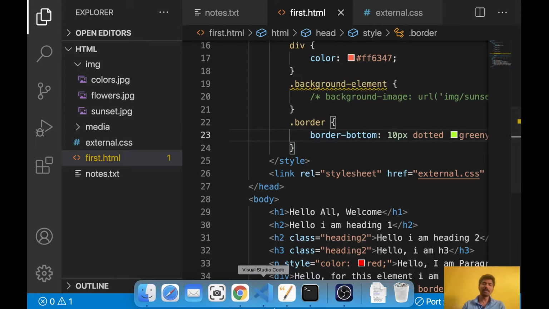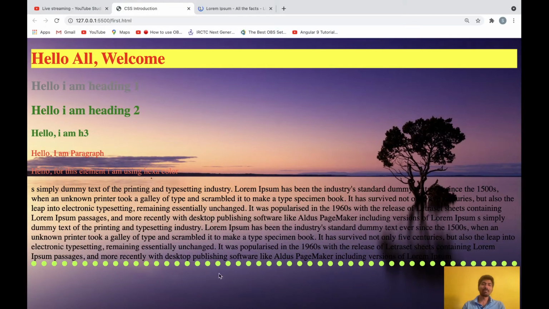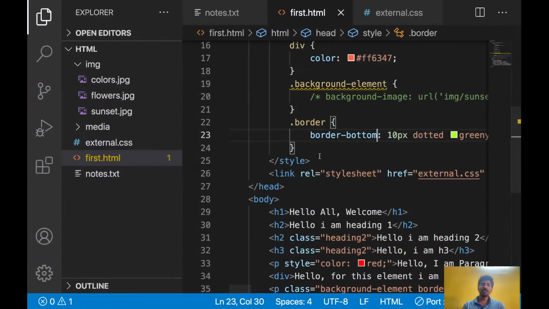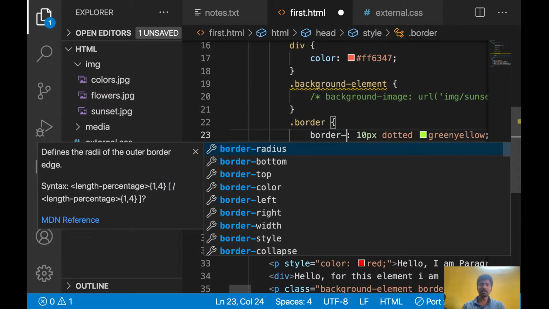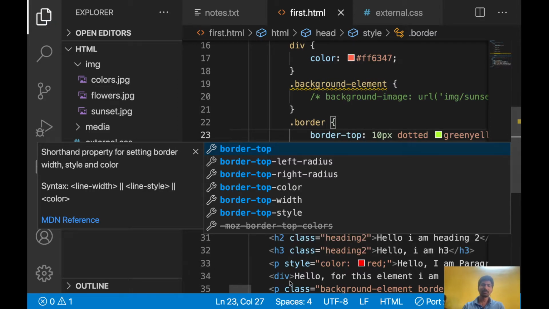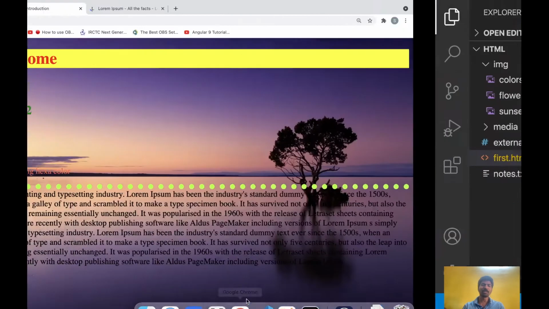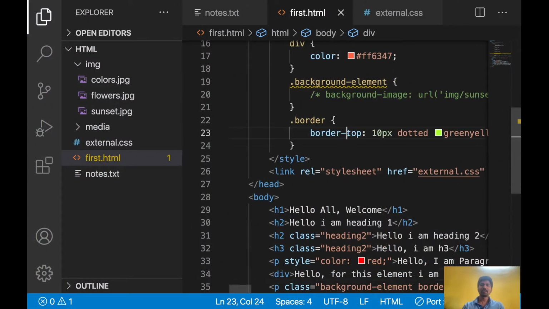Border-bottom means only the bottom side is coming. So if I want four sides, just use border, that's it. If you want the top you can give border-top. For four sides you can use border like this.